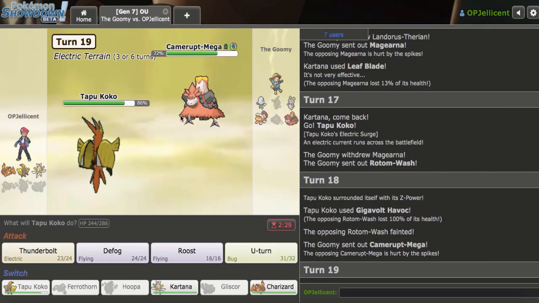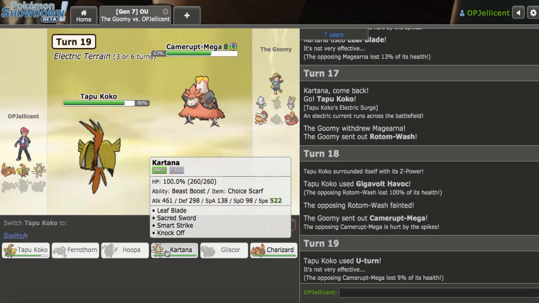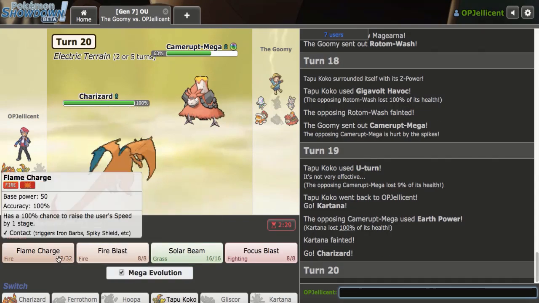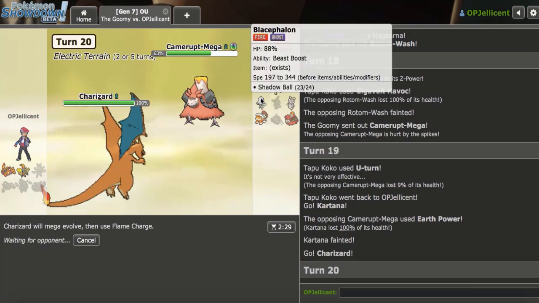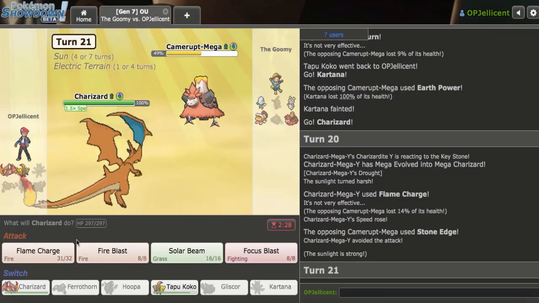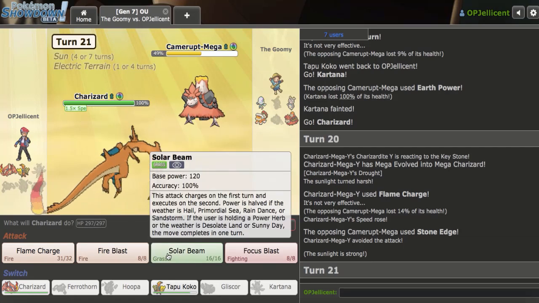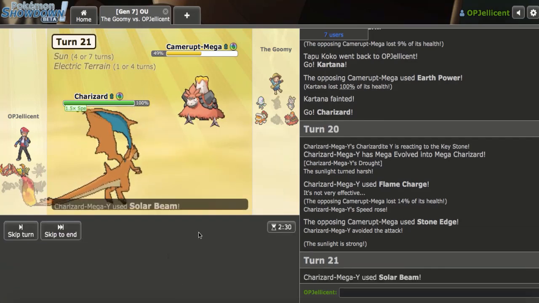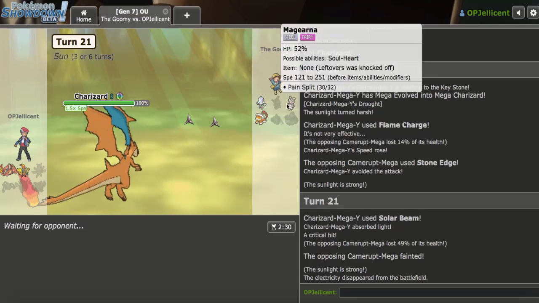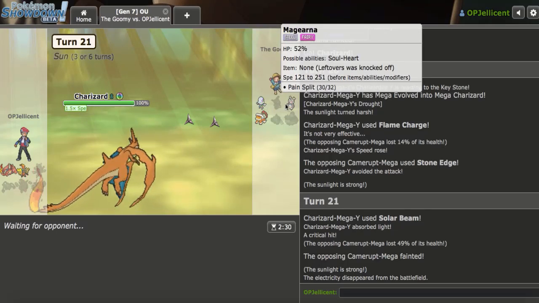Camerupt comes in. Yes, I'm gonna U-turn out here into my Kartana. Then go to Charizard, Flame Charge here. And this is where I'm going to go for it. Let's hope that it's enough. Okay, I did not know this thing ran Stone Edge. I knew it got it, but... I guess that's the Flame Charge sweep, maybe? Not deserved at all, but...